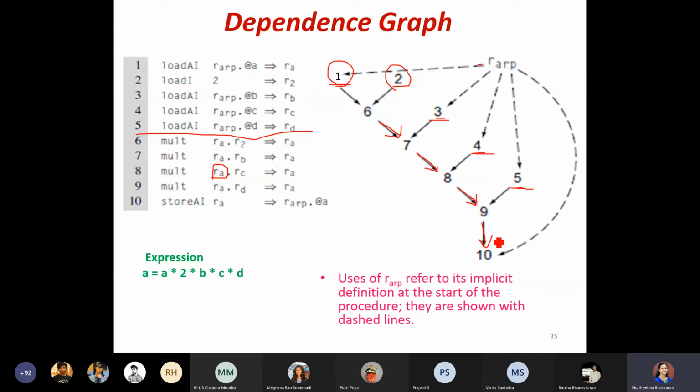And where will it be stored? It will be stored in the address location of A. Address location of A means it is dependent on the memory. That is the reason why the dotted arrow has been mentioned. So in the 10th line, you are calculating the address location of A, and the value you have in line number 9 will be stored into that address location.